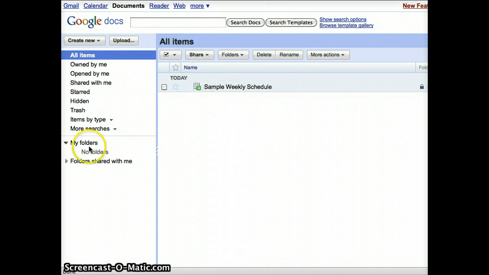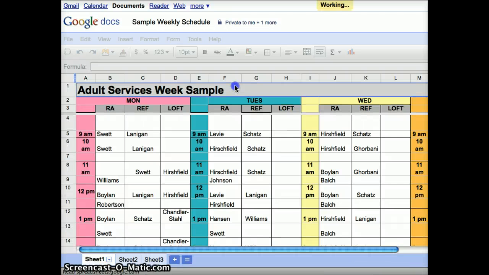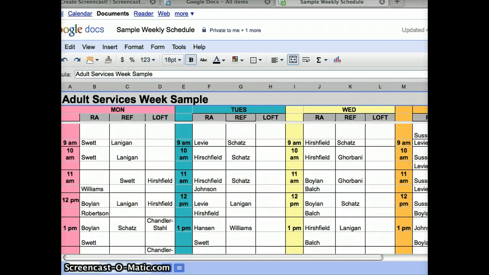This is your typical Google Docs desktop. We have in here a sample weekly schedule, which is built on the Google spreadsheet application. If it were a real schedule, it would list the week, the days of the week. To view the schedule, all we do is click on it. Since I'm only showing you a partial image of the screen, you won't be able to get a sense of the full week. Let me show you a little bit more. I'm going to scroll over,